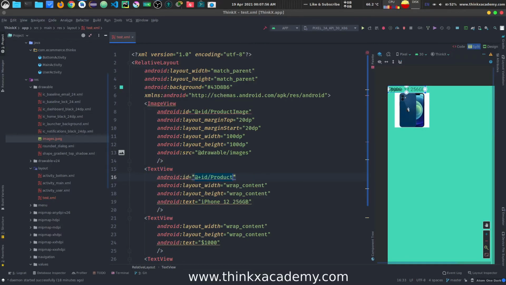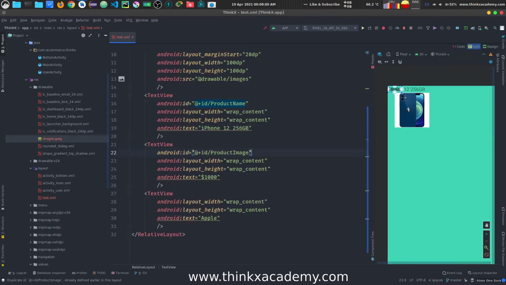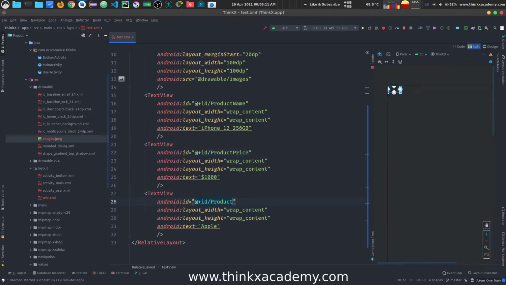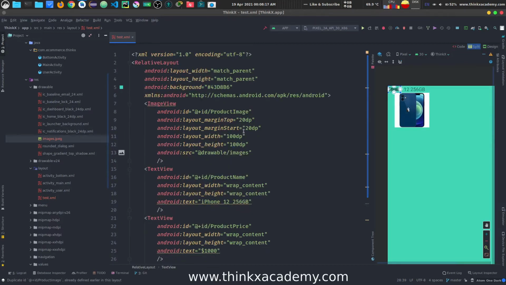This is going to be the product name, which is our iPhone 12. Here we have the product image. Instead of name, we have the price, and here we have the product seller. Now we have created all the IDs.